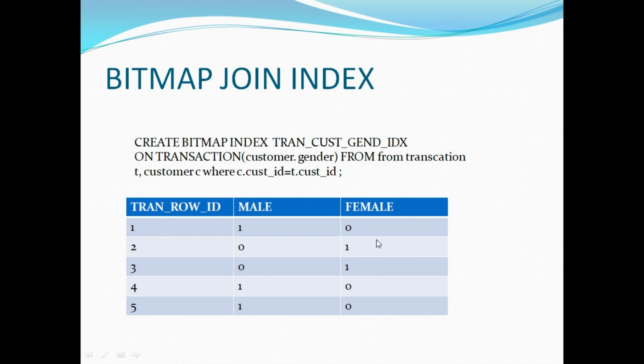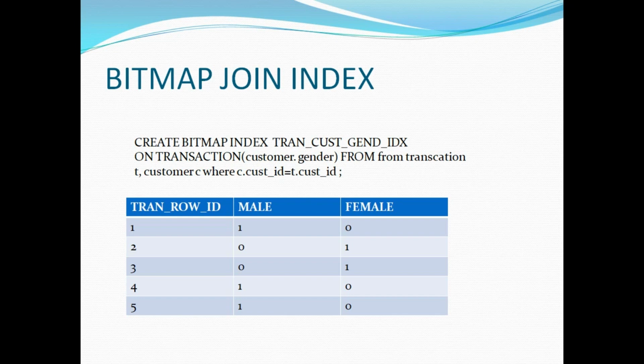Now guys, though a bitmap join index can be really powerful, giving you almost 8 to 10 times improvement in your query performance, you need to be really careful when creating your bitmap index. All the existing bitmap index restrictions apply on bitmap join index as well. That means you should have a low cardinality column. And guys, I have a question for you. Try to identify the term degree of cardinality. So again, you should have low cardinality columns in a bitmap join index.